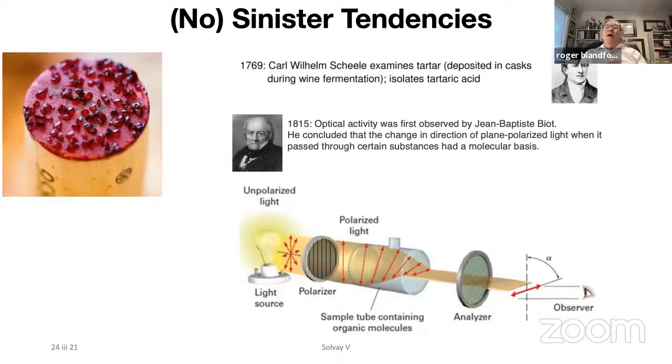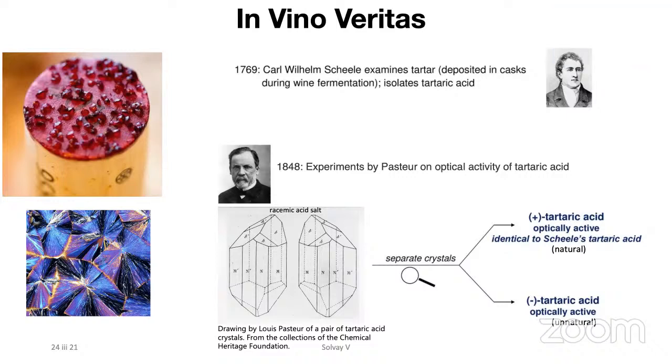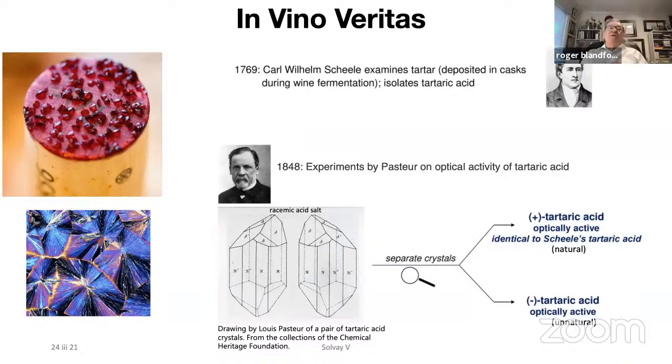And it was a remarkable discovery, an empirical discovery, and he speculated, in fact, that it had an empirical basis. And then Pasteur, who knew Biot, got in on the act, and he went back to chiral tartaric acid. What he actually did was look at the crystals of tartaric acid, and he recognized that the crystal shapes, this is a sketch from him, could be mirror images of each other.